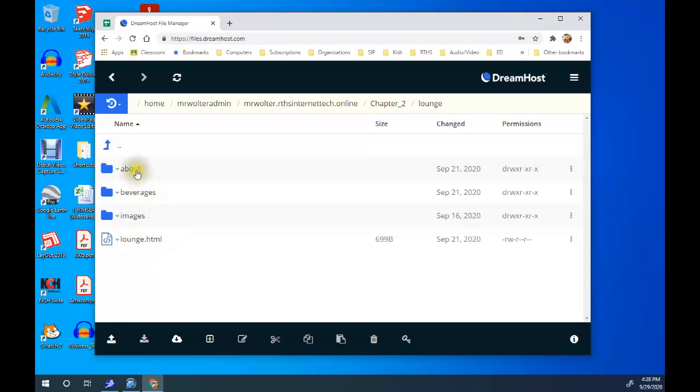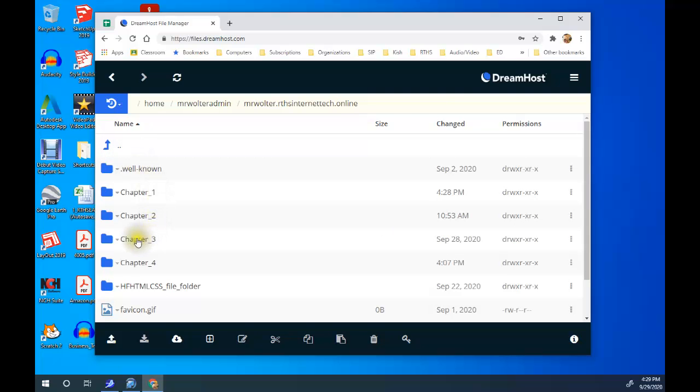Okay? And you can look in that chapter, chapter 2, to see what's supposed to be in each one of those folders. If you've been following along with the instructions, you know what goes in there. Our images are there. We've got our Elixir page in there. Our directions are in there. Okay? And if we go up a level and then go up another level and into chapter 3,